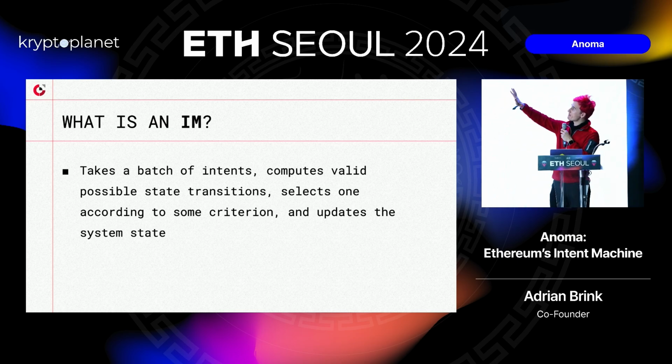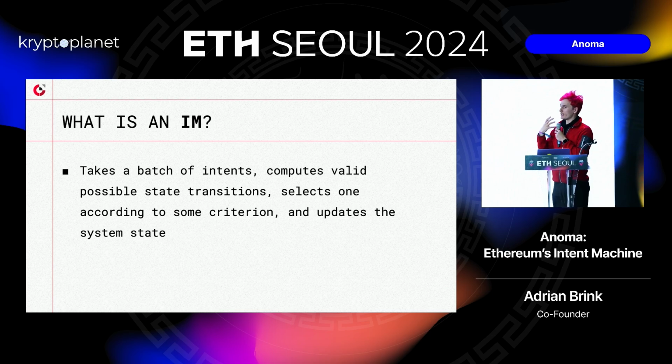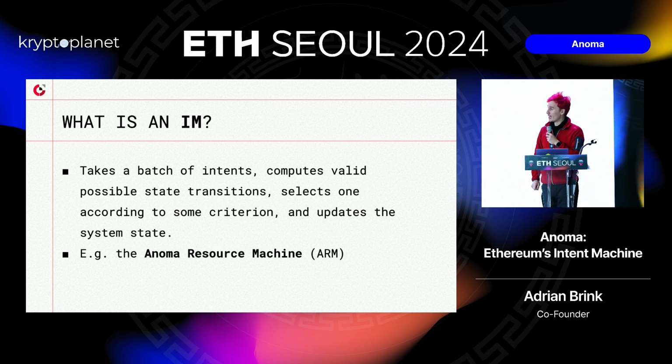And so an intent machine is an abstraction designed to handle the fact that most users actually have intents and not transactions directly. The other important thing to note here is many people will talk about intents, and they will say, well, aren't intents just limit orders? And really here the answer is, well, all limit orders are intents, but not all intents are limit orders. Generalized intents are really generalized intents, and limit orders are a very specific subset of intents.